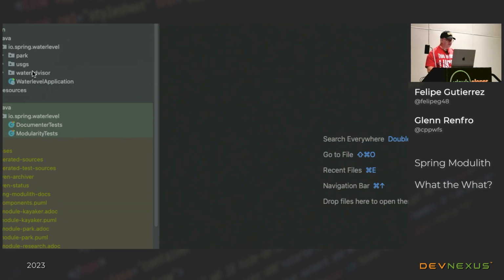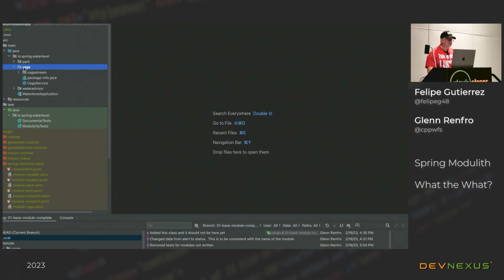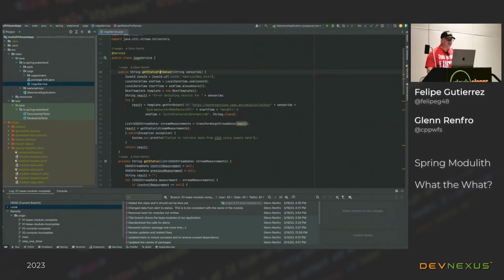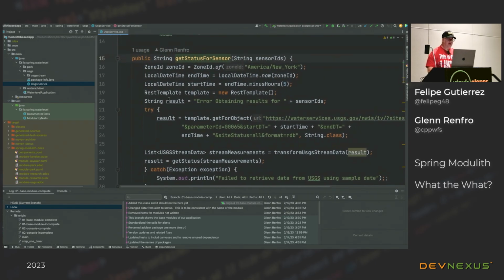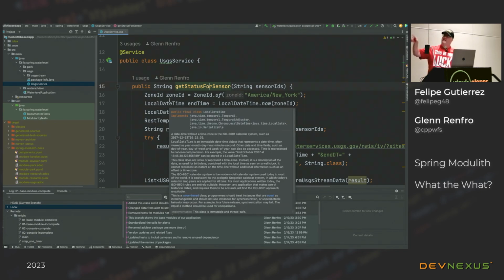So let's dig in a little bit and go to our USGS module. In our USGS module, we have what's called the USGS service. And this is pretty much a copy and paste of what Felipe showed earlier. The only change that I made is I identified it as a service. And then with that service, I said, I want to go ahead and just have one method exposed.